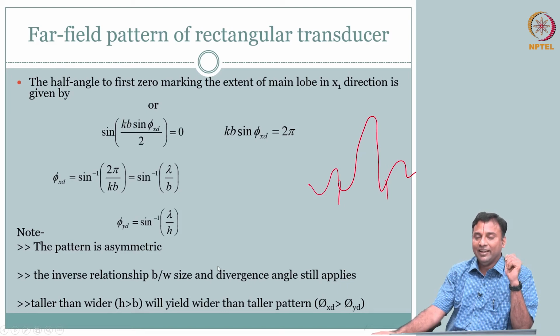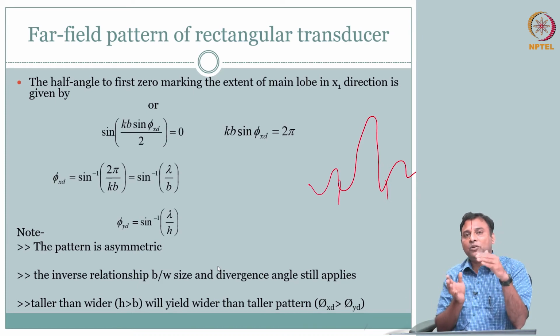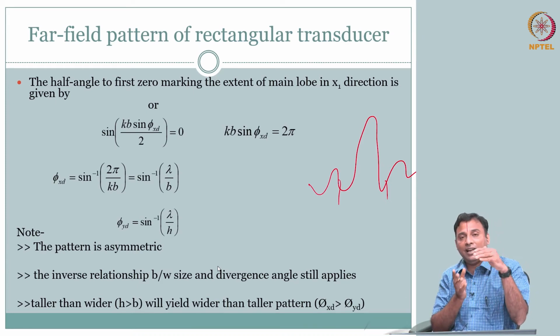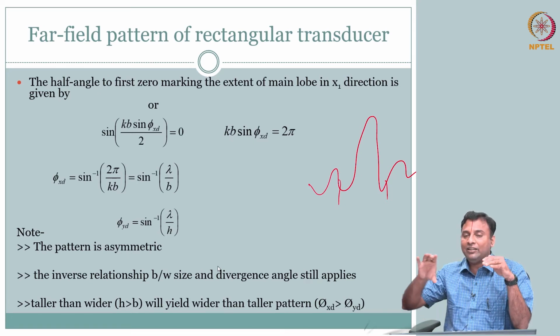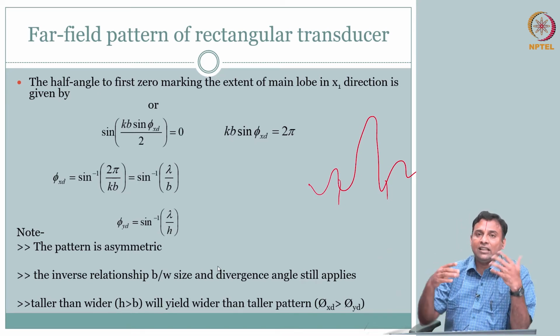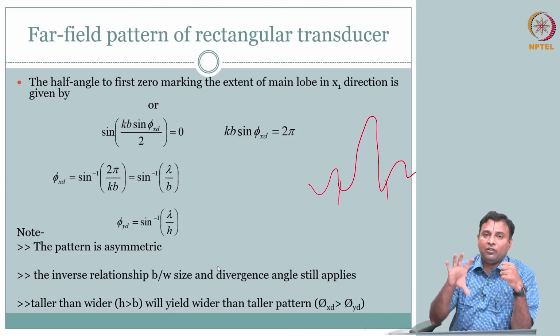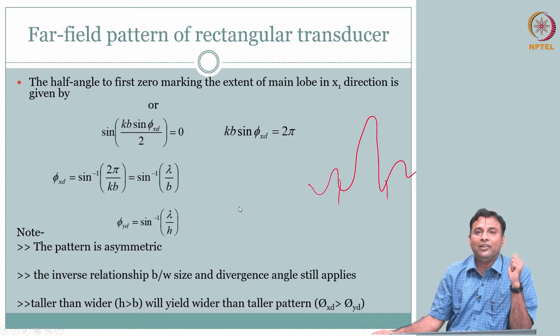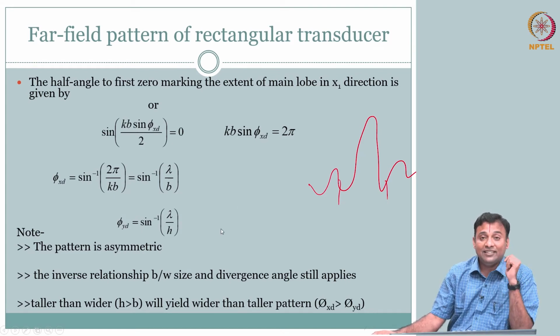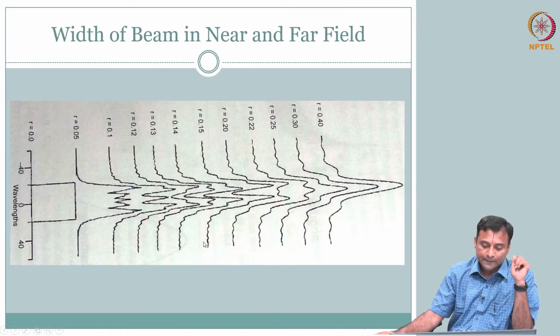So, in some sense you can already start to feel the problem. I want divergence to be less, so I need to go for a larger aperture, but if I go for a larger aperture, then even if it is not diverging, the volume that it is going to insonify is large already. So you will get a signal from a large volume which is integrated and you get one value. So in some sense there is a trade off. We will explicitly cover that as we go forward.